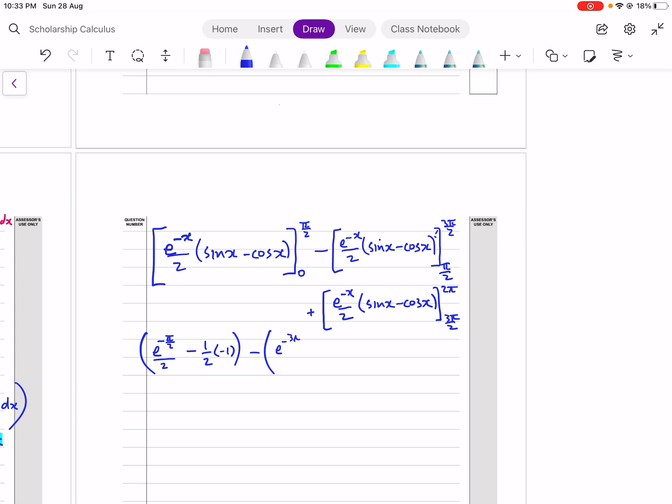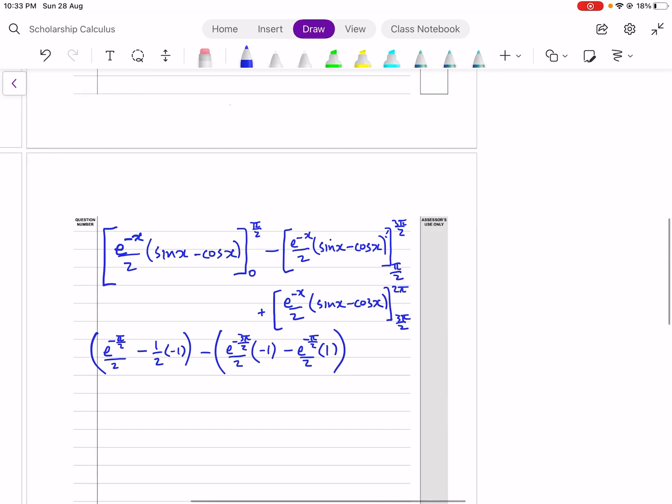E to the minus 3 pi over 2 over 2. Sine of 3 pi over 2 is negative 1. Cos 3 pi over 2 is... Oh, what am I, mate? Cos 3 pi over 2 is 0, so that's cool. Take away the next term, which is pi over 2, e to the minus pi over 2 over 2. Sine of pi over 2 is 1, cos pi over 2 is 0. Sweet. And then the last term